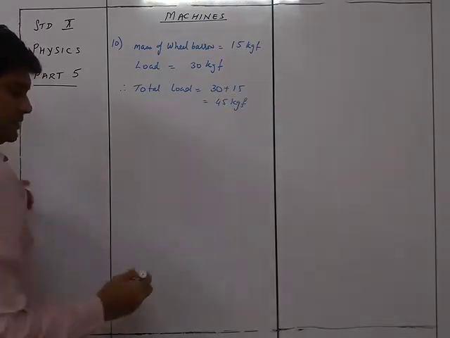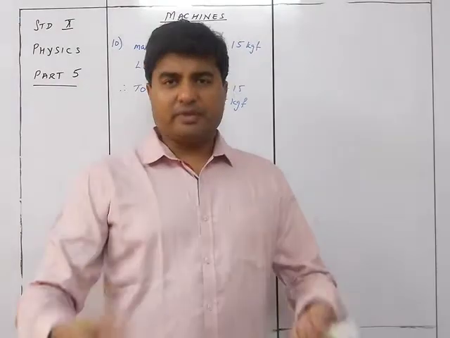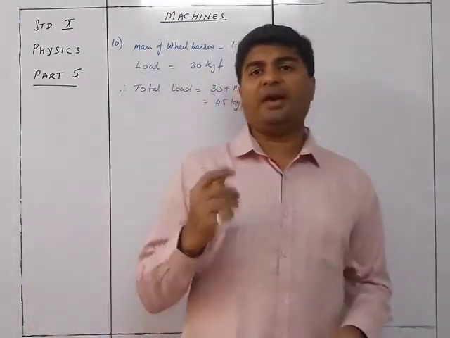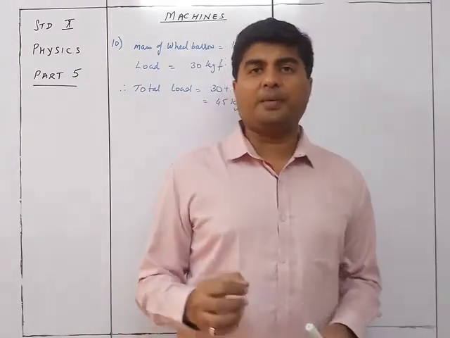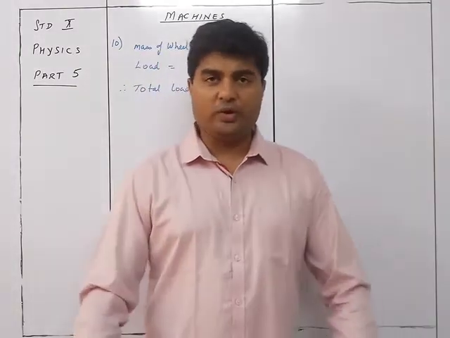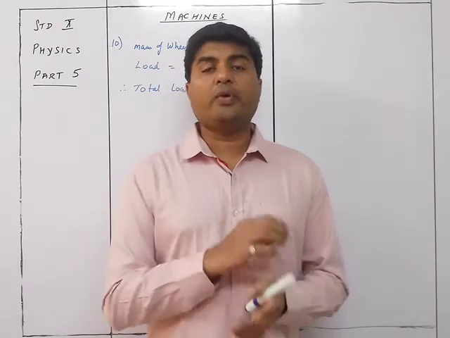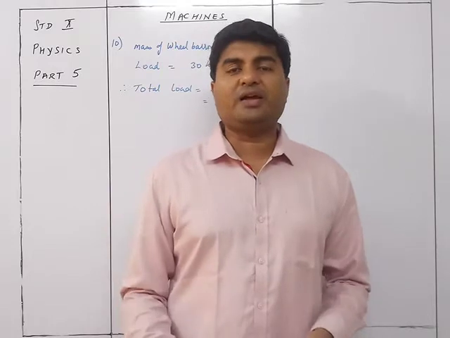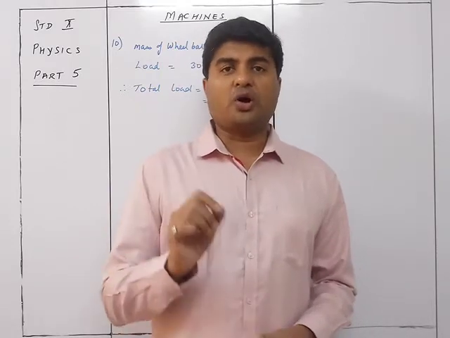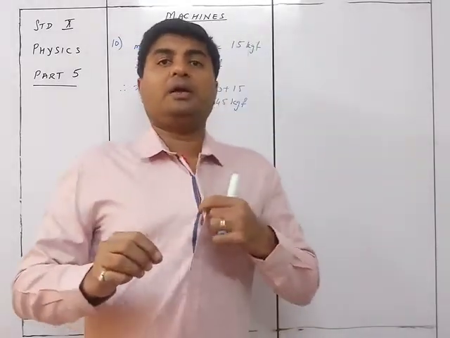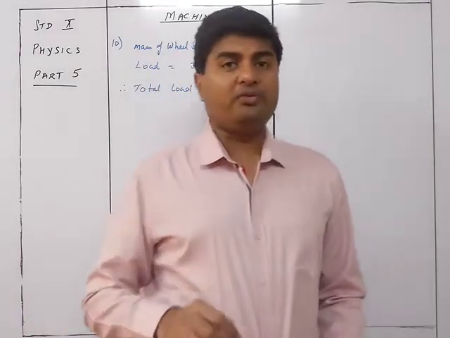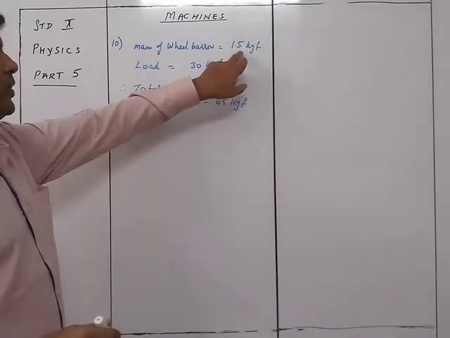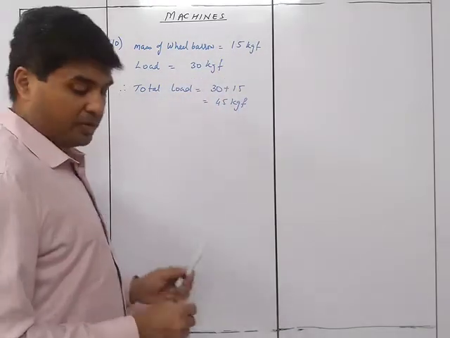Now see this. In case of a wheelbarrow, you are supposed to lift that particular wheelbarrow. So when you are lifting that wheelbarrow, the weight of the wheelbarrow will also be a part and parcel of your load. Even if there was no load on the wheelbarrow, you will still be lifting a load of 15 kgf. So accordingly, the total load you are going to lift will not be just 30, but 15 plus 30 because of the weight of the wheelbarrow itself. So that will be 45